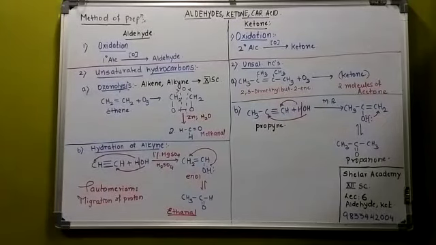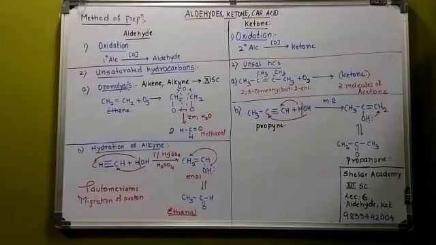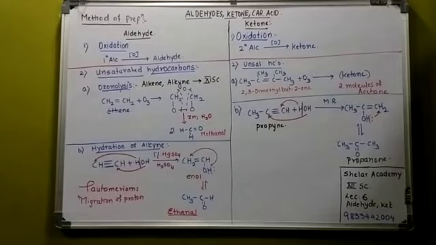Lecture number 6. Let us start with the method of preparation of aldehydes and ketones. Now the very first thing, what will you do, just make two separate compartments. Okay, left hand side write aldehydes, right hand side write ketone. So you can just compare the methods of preparation and you'll come to know what is the difference in the method, so that you will understand it well.